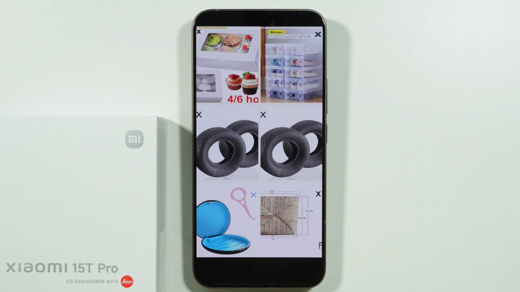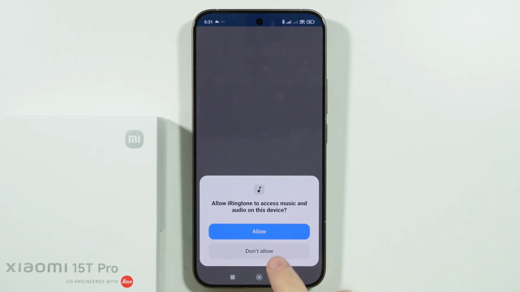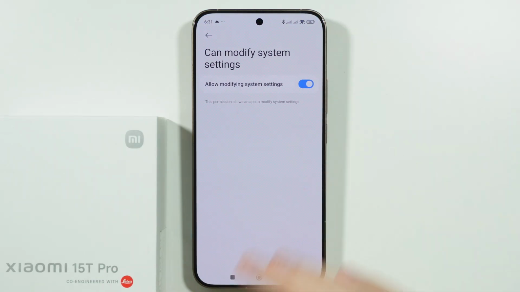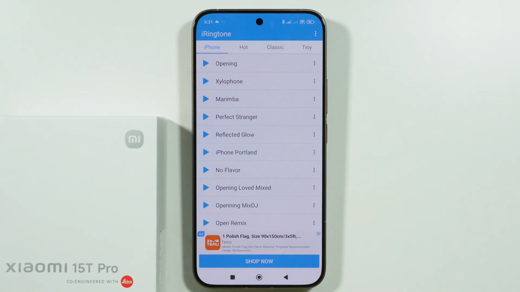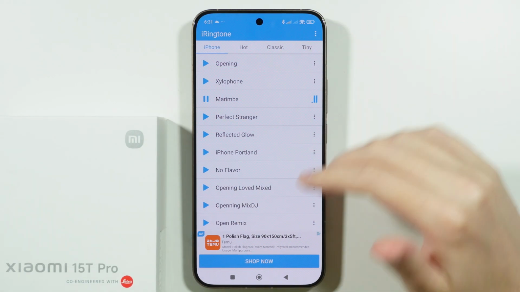So we're gonna, of course, open the app and you will see some ads in the meantime. So of course, we wanted to skip them when it's possible. We need to grant permissions for the app so that the app can actually set the ringtone for us. There we go. And of course, we can tap on the play button over here in order to listen to